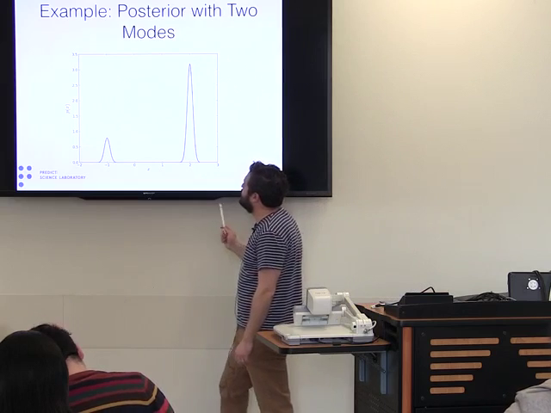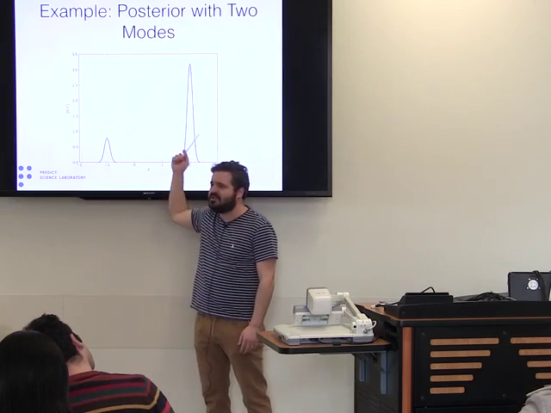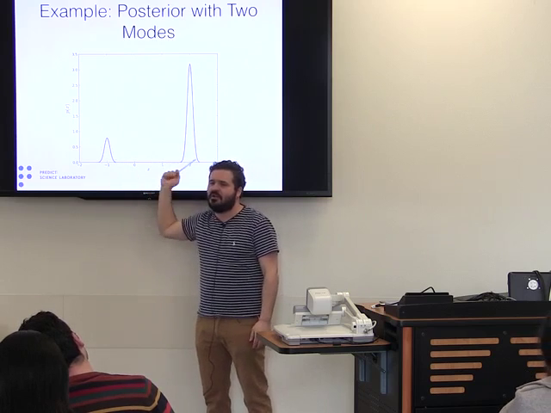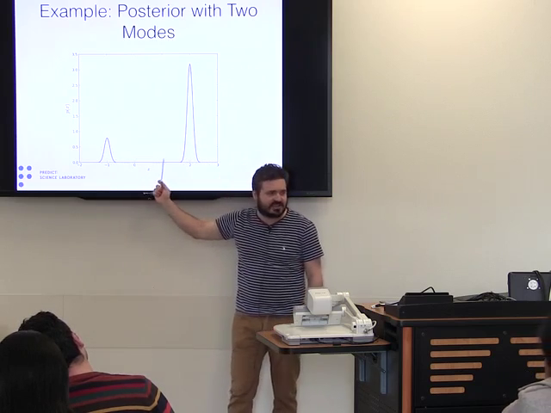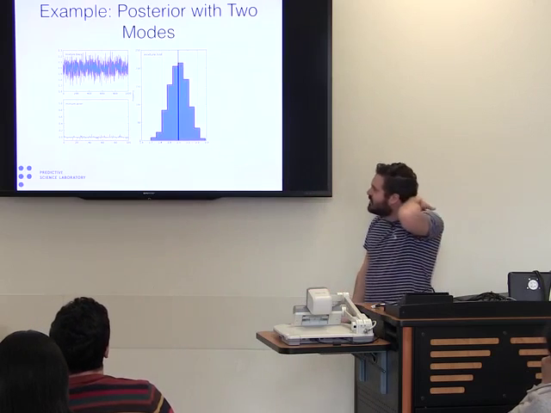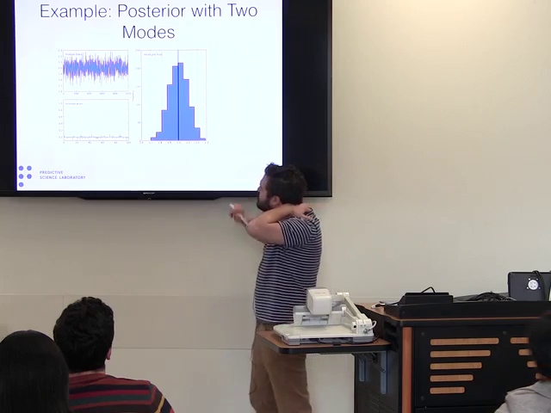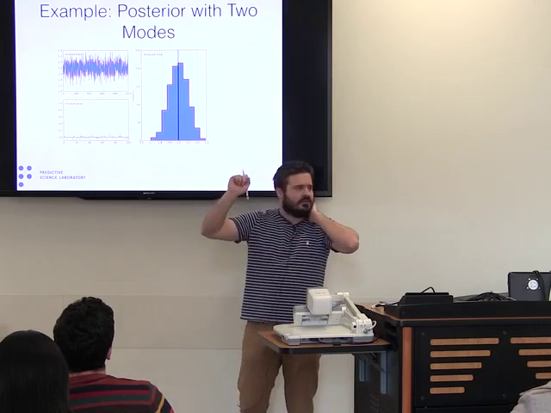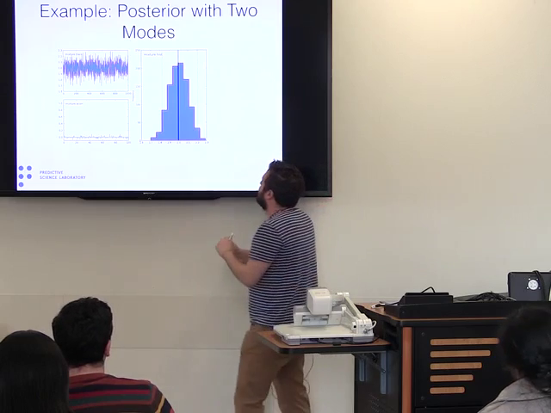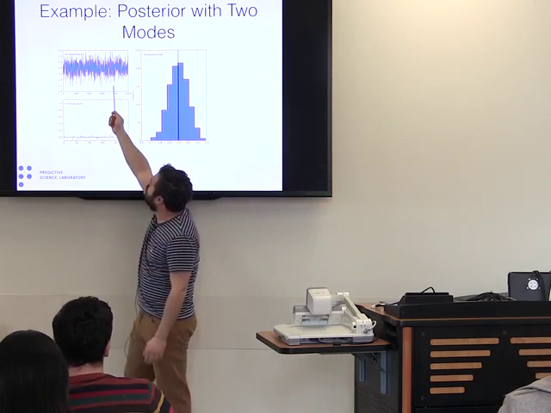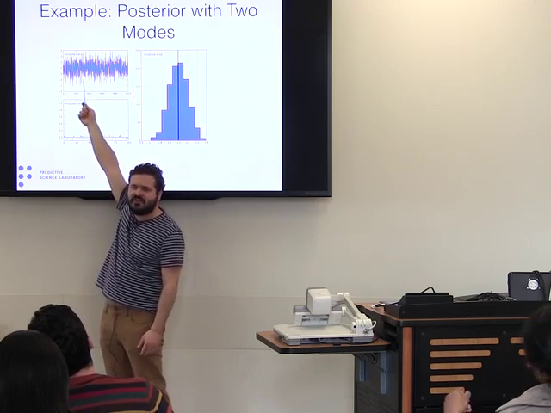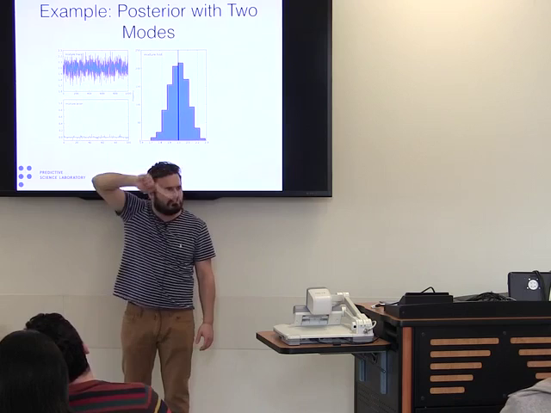A probability density with two peaks. So we have two peaks, this one and this one, and they're separated by a very, very low probability region. It's not zero, but it's very low. And here's what happens with MCMC. So you start doing MCMC, and if you just look at your statistics, if you look at the trace of your MCMC, you will see a very, very nice trace,